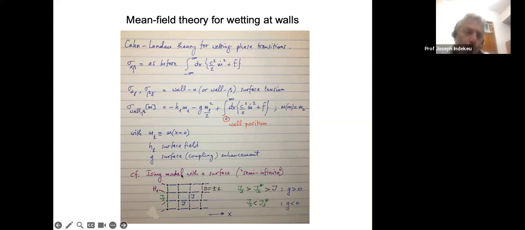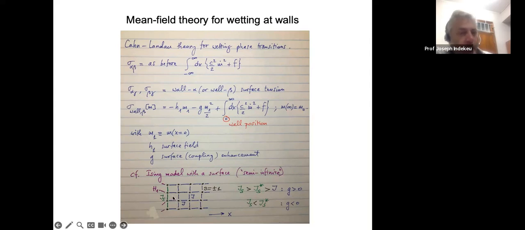Now, what is the correspondence between this kind of explicit semi-infinite Ising model and the surface field here and the surface enhancement there? Well, the surface field rather directly corresponds to the surface field in the Ising model. It also has the same sign. The enhancement is more subtle. The coefficient of this quadratic term in this Taylor expansion in the surface order parameter does not necessarily have an immediate and direct correspondence with the surface coupling here,